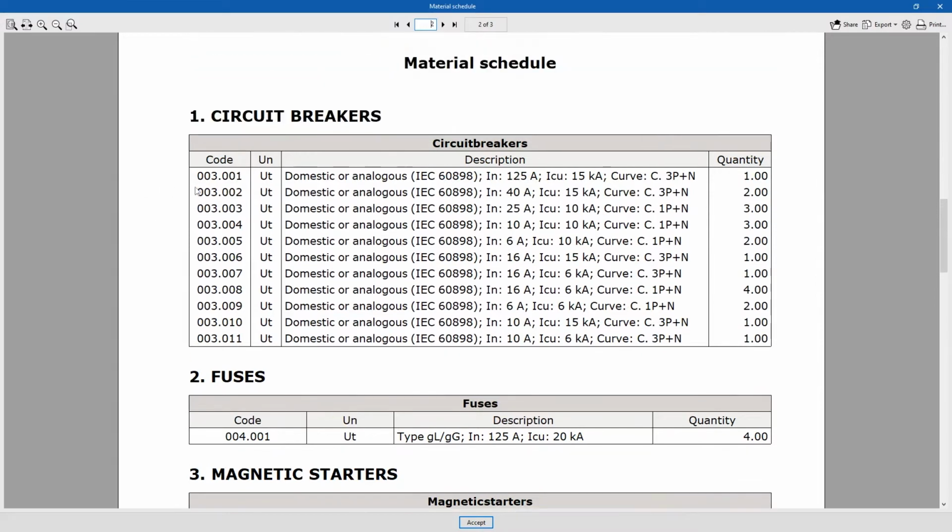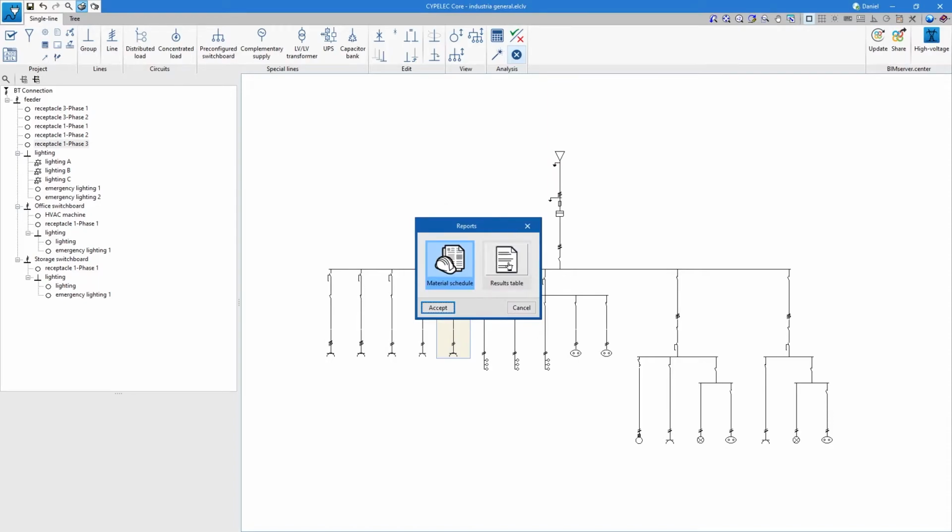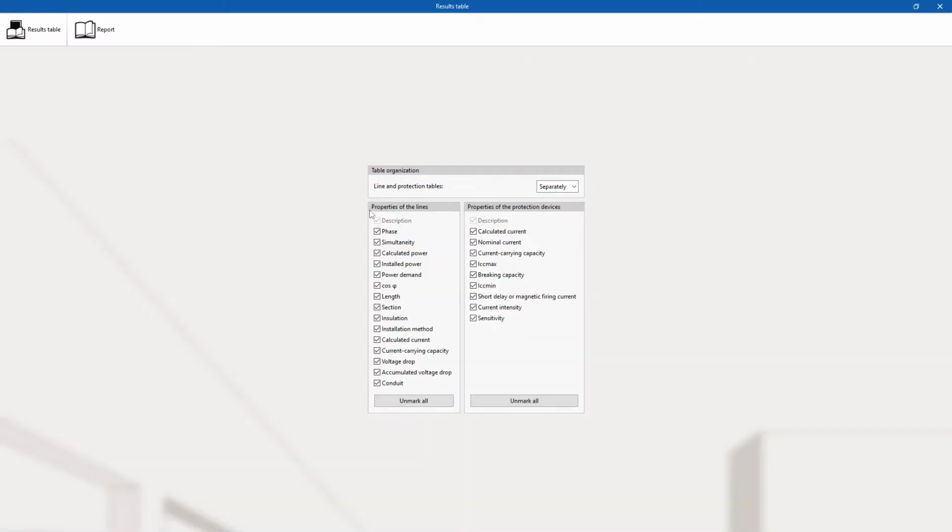So all these reports can be exported into any kind of format and shared with your coworkers, with the supplier, and so on. Then we can also have the results table. So based on the properties that you want to have in that report, and also the properties of the lines, and also the properties of the protection devices that you want to have in that report,